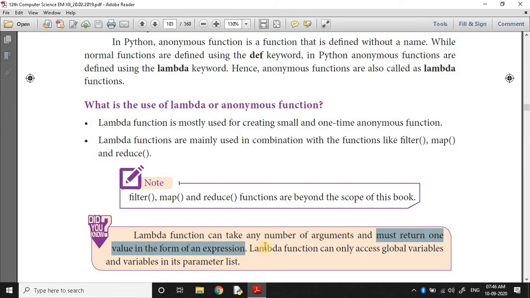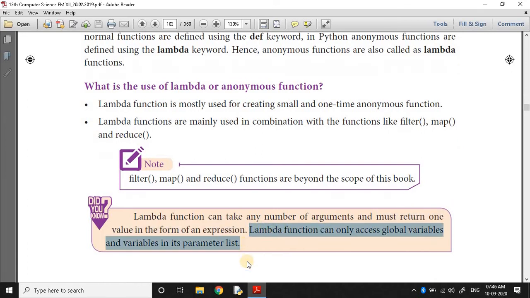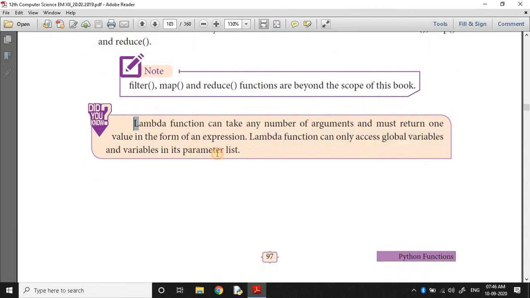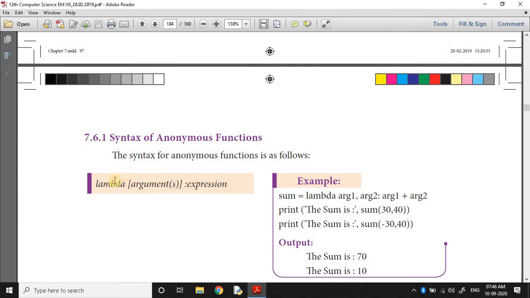Lambda functions can only access global variables and variables in their parameter list. This can be made clear by seeing the syntax. Here, instead of def, we write lambda, then without brackets.